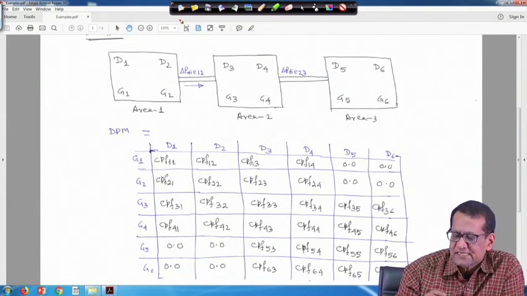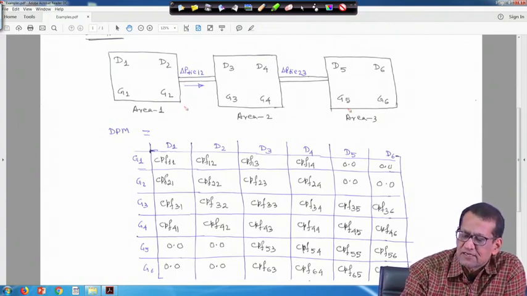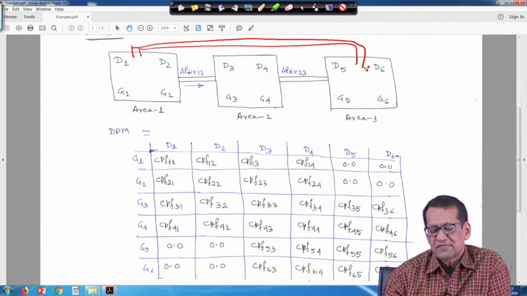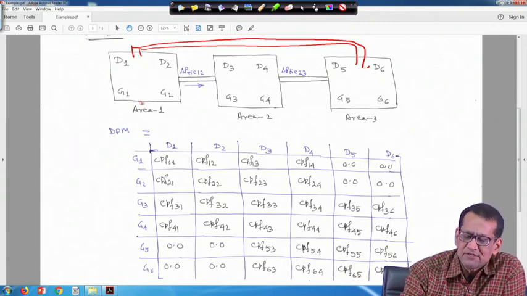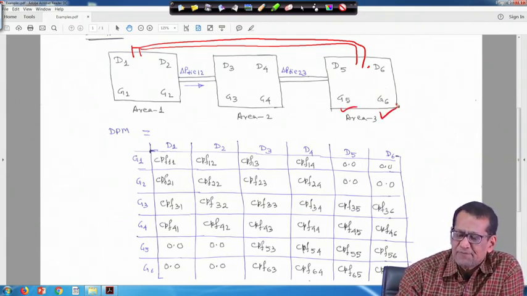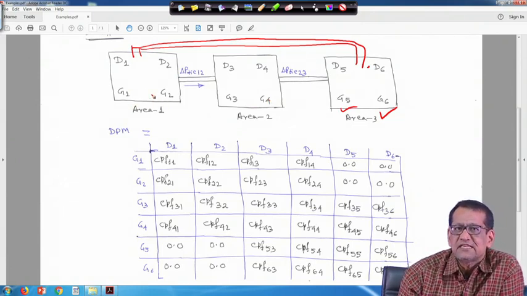Now, suppose 1 to 2, 2 to 3, 3 to 1 are connected. Now, if it is a loop system, that means every distribution company in any area has the access to contract power with all the GENCOs in other areas. For example, now DISCO 1, DISCO 2 can also contact GENCO 5, GENCO 6, right. So, apart from GENCO 3 and GENCO 4, and G1, G2 already there, those generators are there in their own area.